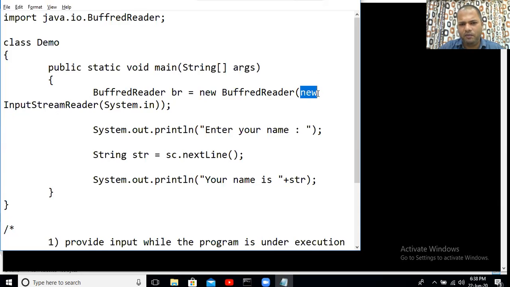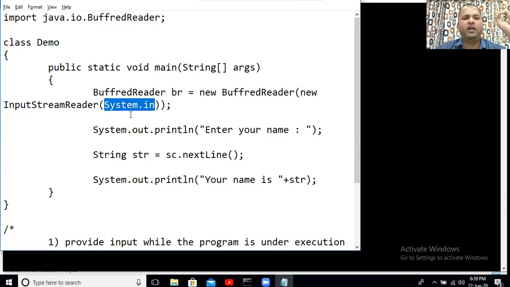As you can see, I have made use of the new keyword here. So we are assigning the keyboard to the object of the InputStreamReader class, and now that InputStreamReader object is being given to the BufferedReader class object. Now the question comes up, why can't we just assign our keyboard directly to the BufferedReader? Why are we using InputStreamReader in between? For the time being, I would request you to understand only one thing here, that the BufferedReader object cannot directly work with the keyboard.